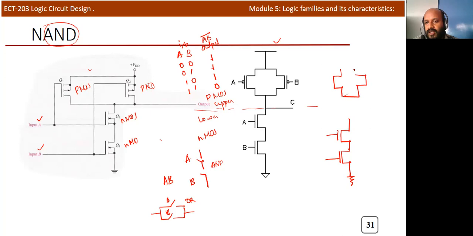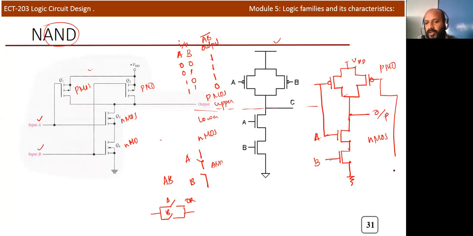So here you can see that this is PMOS transistor, and upper portion you need to draw by using PMOS. Okay, and the common point is connected to VDD. Okay, two transistors, and the center portion is to take the output, and one input is connected to one terminal of this transistor, other one is here. So these transistors are NMOS transistors, and the upper portion is a PMOS transistor. So the same A input should be connected to here. Okay, one input is connected to here, and the other input can connect to B.